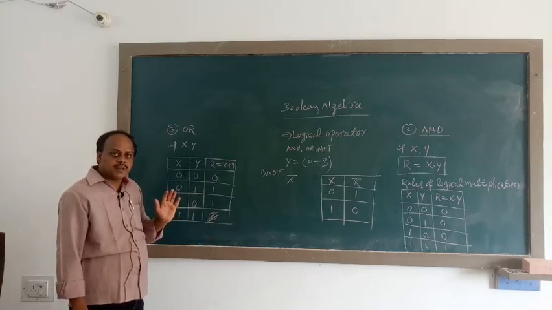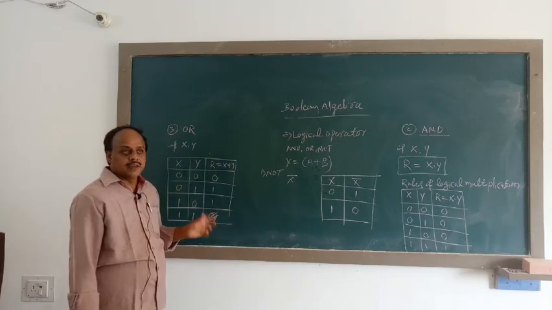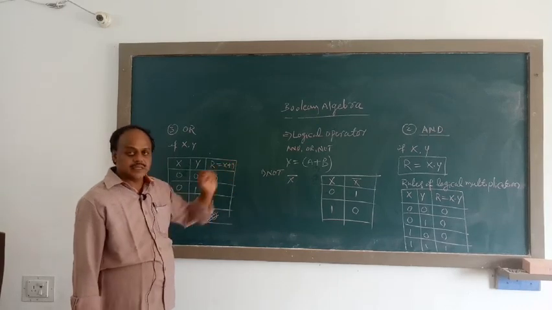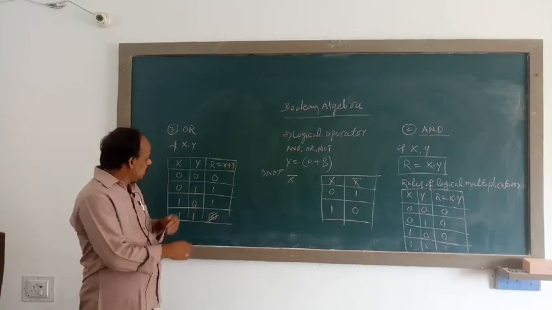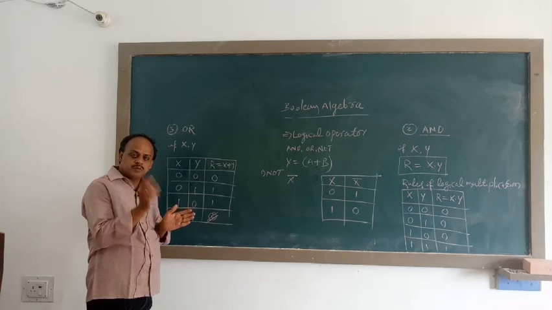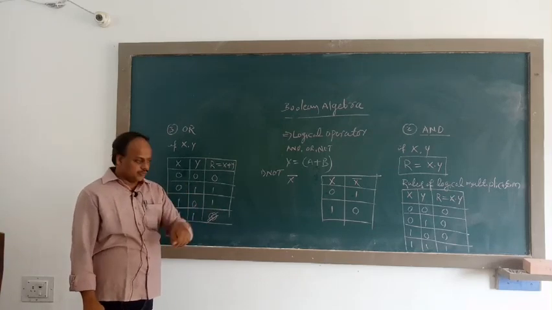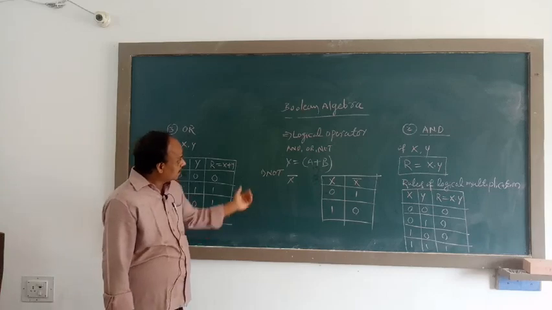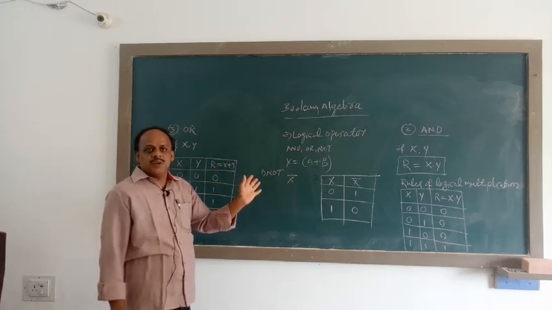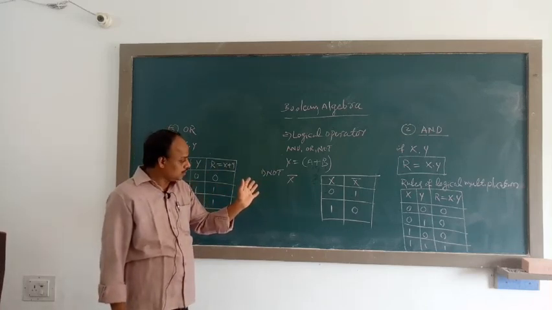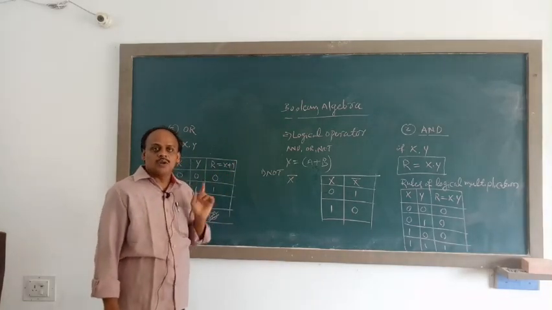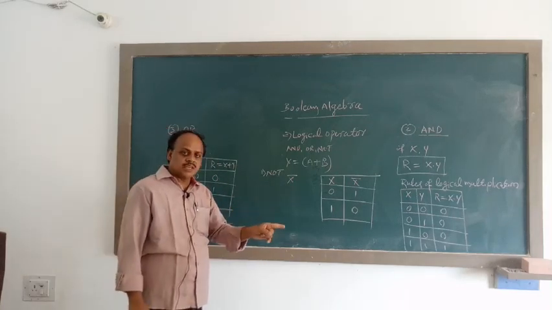What is meant by Boolean algebra? Recall once again the definition of Boolean algebra. It says that the algebra which deals with the Boolean values, that is 0 and 1, is called Boolean algebra. Since we are discussing Boolean algebra, here we have to concentrate on only binary values 0 or 1. If we are going to work on Boolean expressions, they must have Boolean variables, and those Boolean variables must hold only binary values, either 0 or 1.